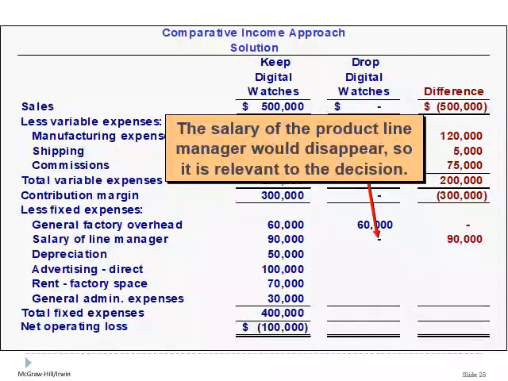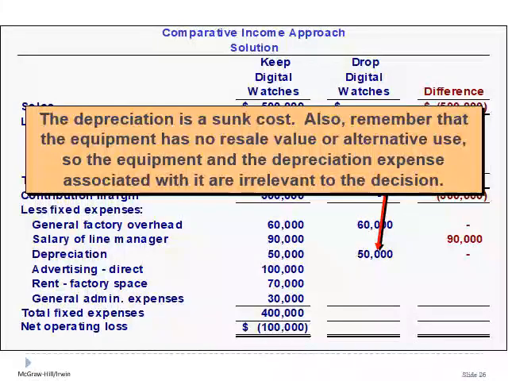Let's continue the solution of this exercise. Look at another element of the fixed expenses, which is depreciation. The depreciation here is a sunk cost. بيعتبر يا جماعة depreciation تكلفة غارقة. يبقى I can't rely on it in this decision. مش هقدر اخده معايا في القرار ده. يبقى I can't take this element into my consideration